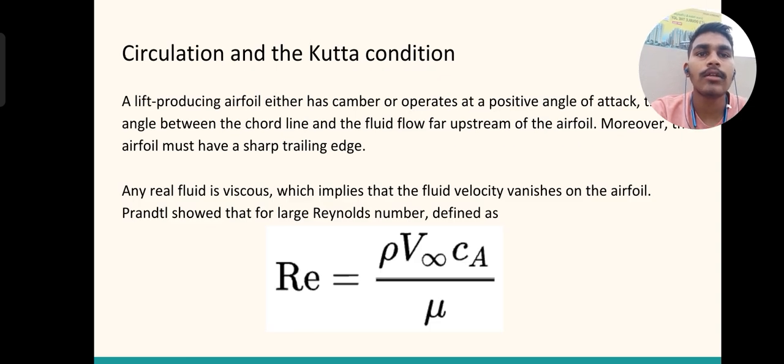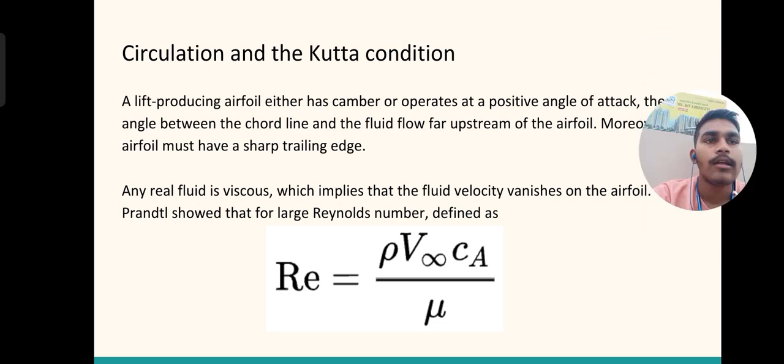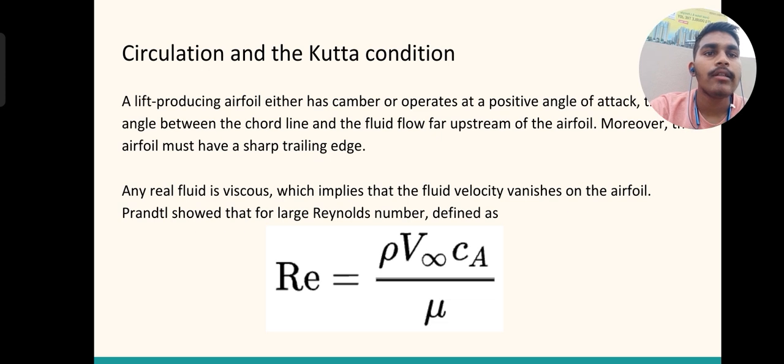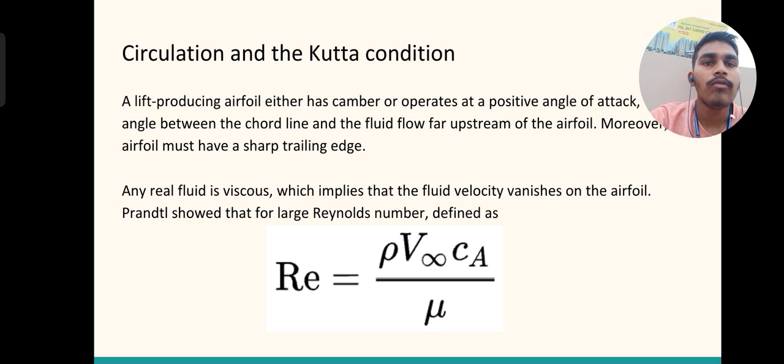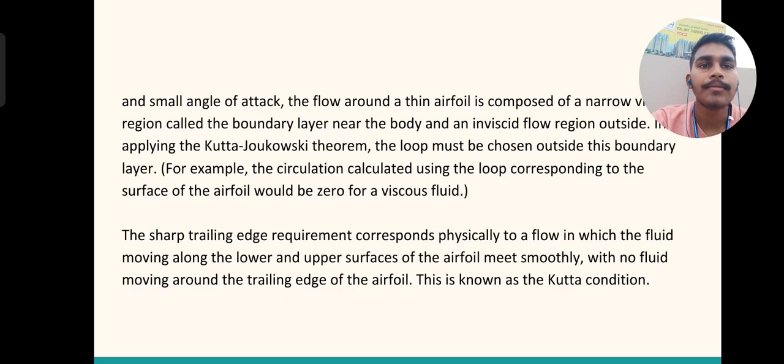Circulation and the Kutta condition. A lift-producing airfoil either has camber or operates at a positive angle of attack, the angle between the chord line and the fluid flow far upstream of the airfoil. Moreover, the airfoil must have a sharp trailing edge. Any real fluid is viscous, which implies that the fluid velocity vanishes on the airfoil, and it was shown that for large Reynolds number, defined as Re equals rho V infinity c over mu, and small angle of attack,